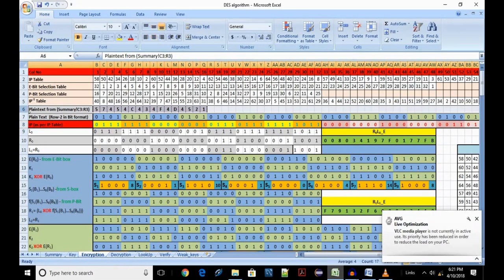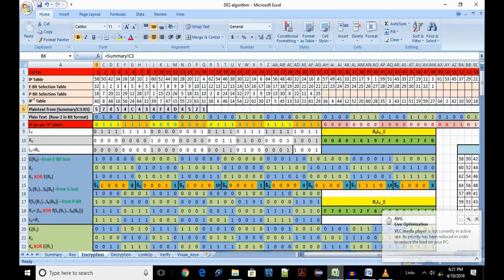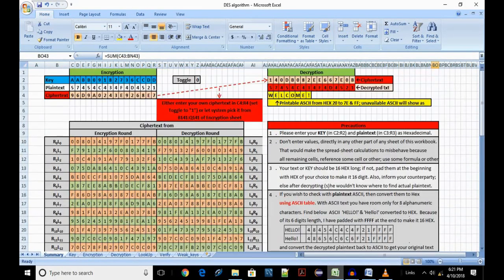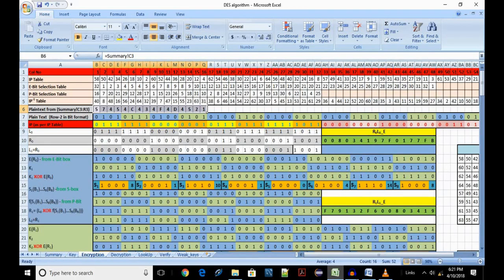Row 6 contains the plain text. This value is what you have entered in the summary sheet, and is copied from there. Don't enter any value here.